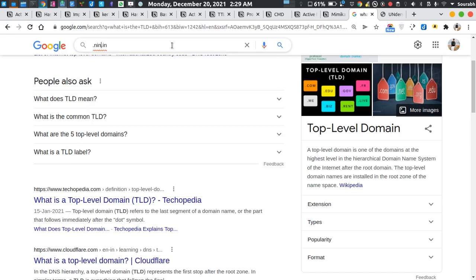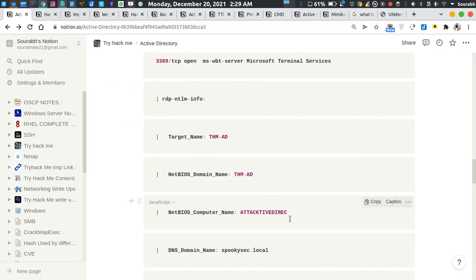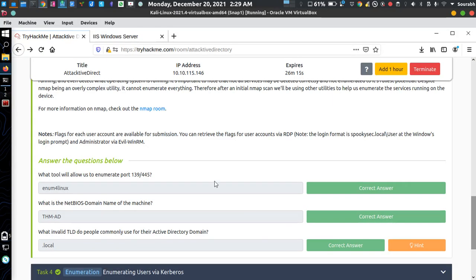Okay, it's not nic, it's nic.in. It's a domain. There's plenty of domains which signify the actual workflow of that particular website. Okay, so in Active Directory generally we use .local. No, it's not very commonly used, because in an actual network we don't use .local. But when we use it as a home network, as in some sort of secure one, just like I am doing right now, we use .local. Okay, so that's why